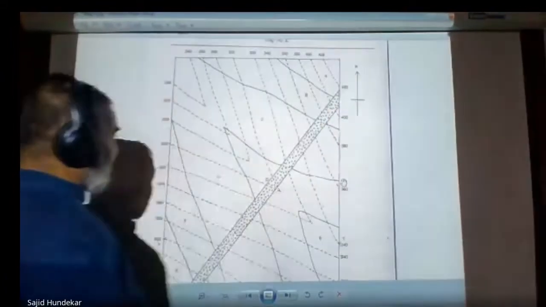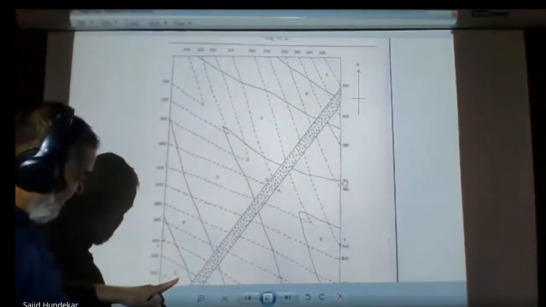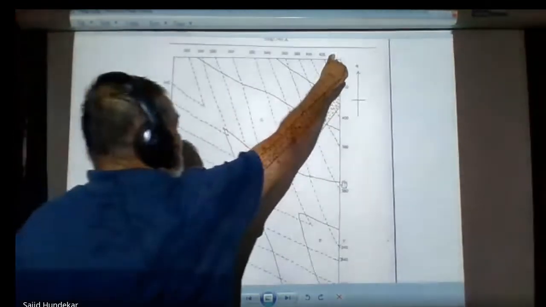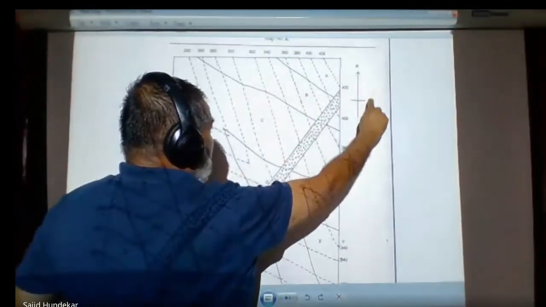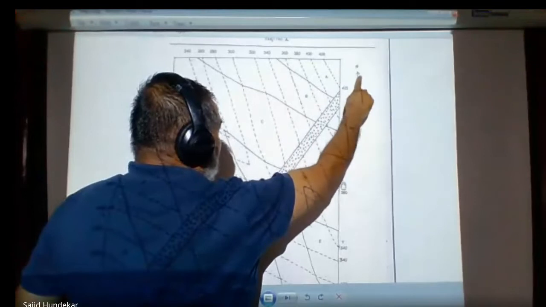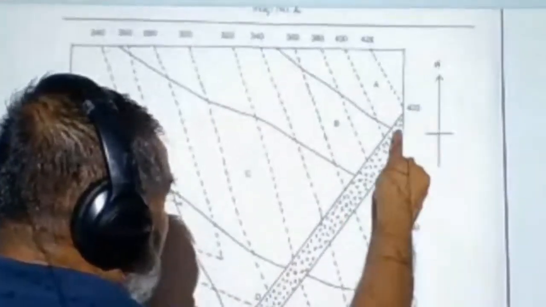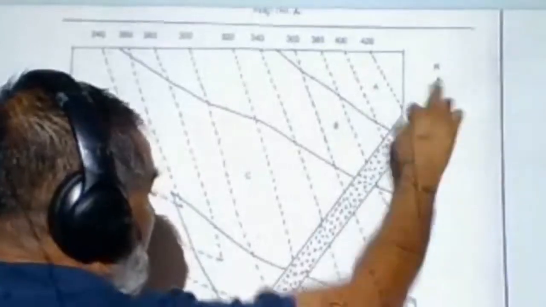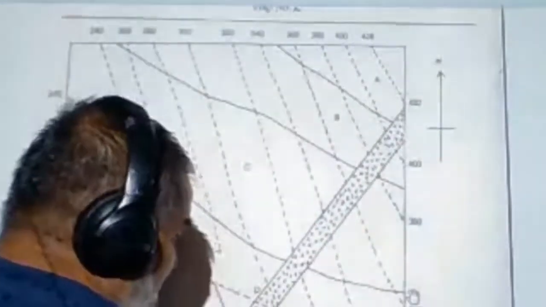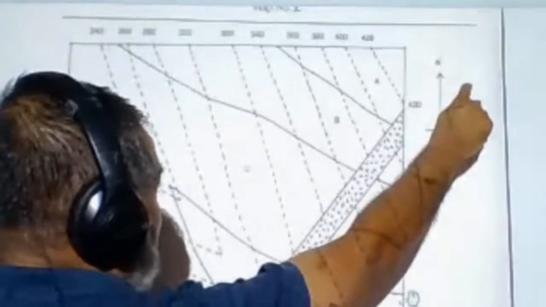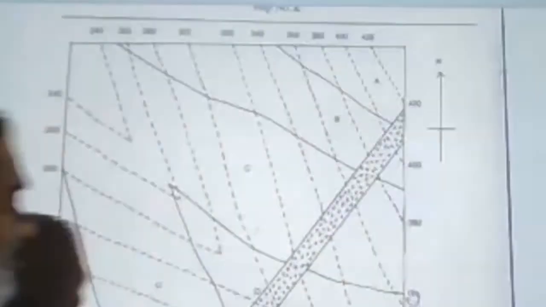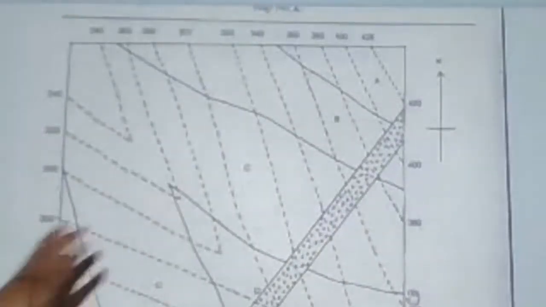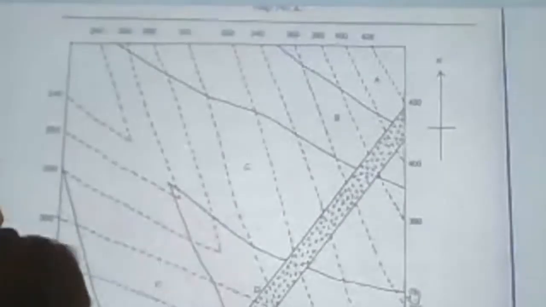So two portions of high ground. One is at the southwest, one is at the northeast. So north is here, east is here, so northeast will be here, and south is here, and west. So it is southeast, southwest, and this is the northeast. So northeast and southwest, there are the two portions. The given map represents a mixed topography.